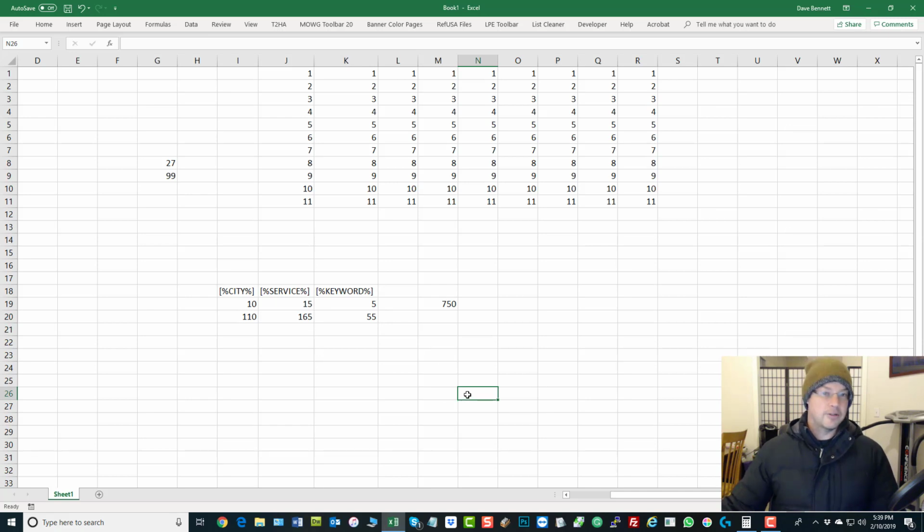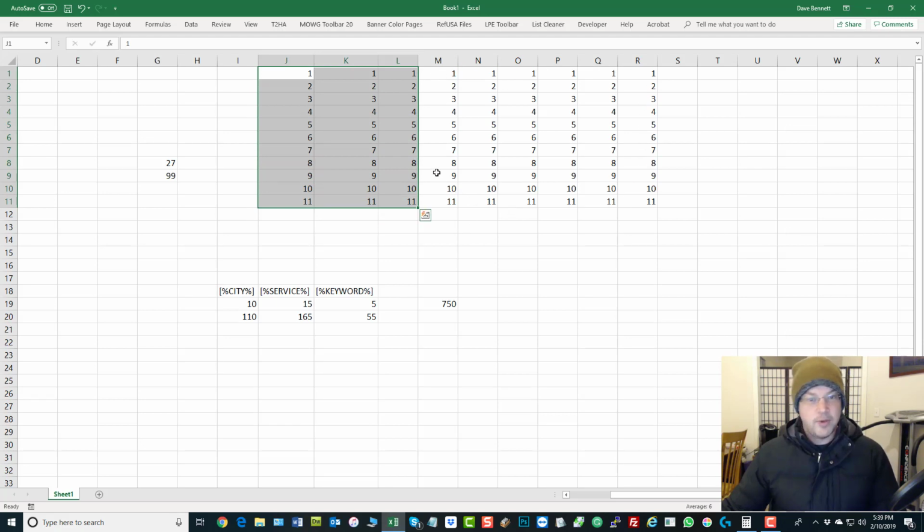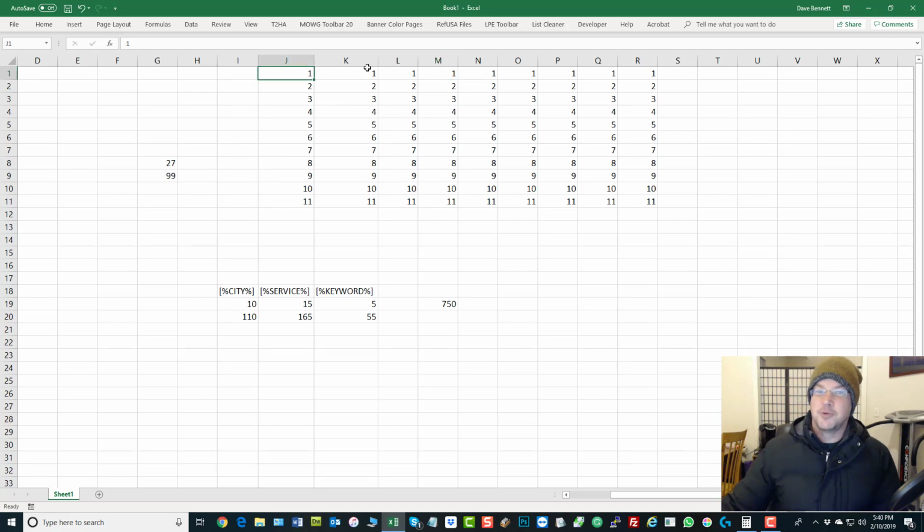So do you realize how interesting that is? We have to actually redo our math, don't we? So let's say we had those 3 columns. Let's set 3 columns aside for a minute. Let's just do the rest of the columns the way we did them, because they're unchanged. It's not like you would have the city here and the city there, say maybe using one city here and another city there. No, because who's going to be looking for a Chicago plumber in San Diego? That doesn't make sense. So that's out of the question.